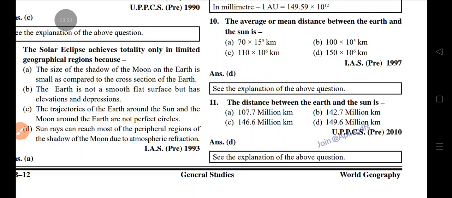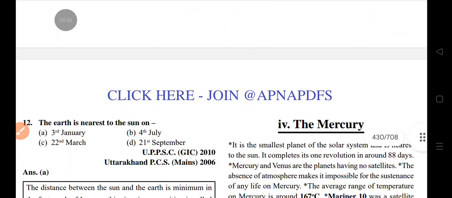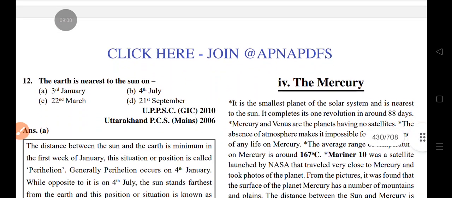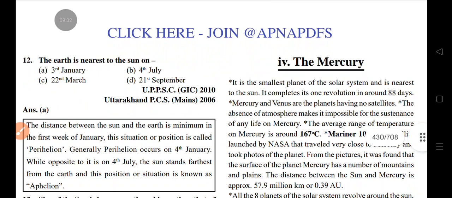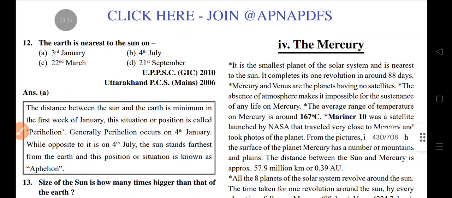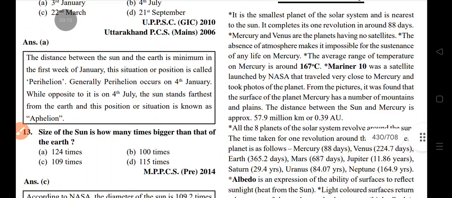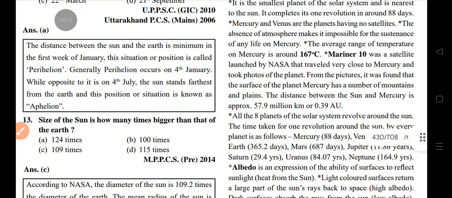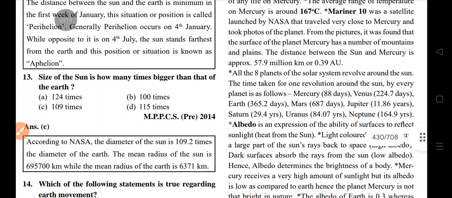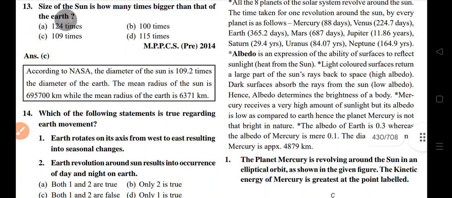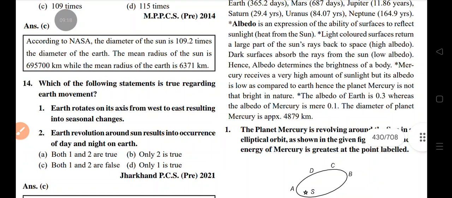150 million km. Earth is nearest to the Sun on 3rd January. Perihelion, nearest, is around 4 January, and farthest, aphelion, is 4 July. The size of the Sun is how many times bigger than that of the Earth? 109 times. Which of the following is true regarding Earth: Earth rotates on its axis from west to east, resulting in